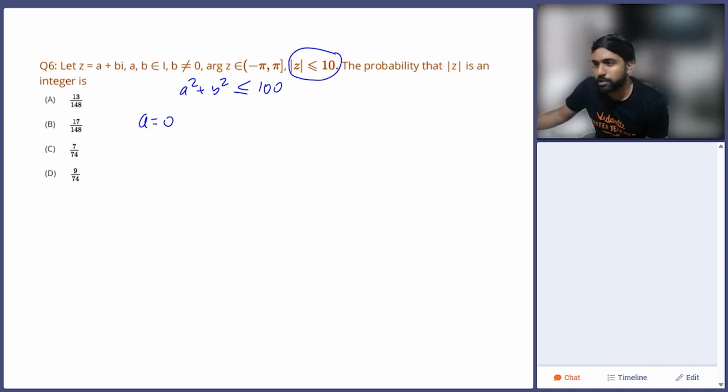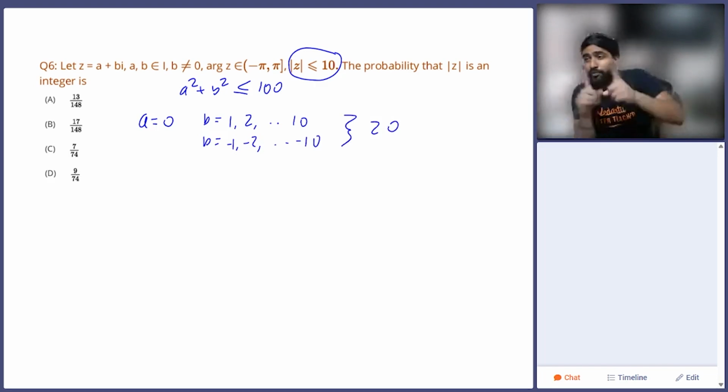So a can be equal to 0. And then can I say that b can take what all values? See, b cannot be equal to 0. So apart from 0, b can take all the values from 1 till 10. So basically I have 10 options over here. Along with this, can I also take b as minus 1, minus 2, all the negative values as well? So basically when a is equal to 0,